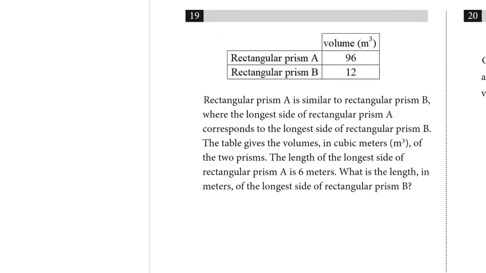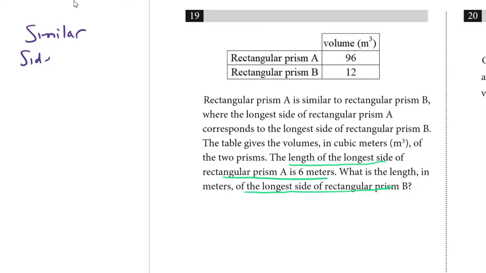Now we're going over to 19. We've got the volumes of 2 prisms, and the length of the longest side of prism A is 6 meters. So what's the length of the longest side of prism B? Okay, so there's something really important that we don't get to talk about a lot for SAT. If you have 2 similar shapes,